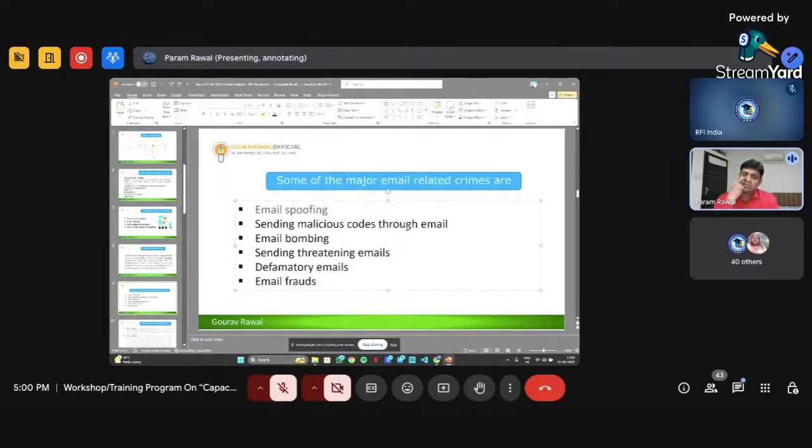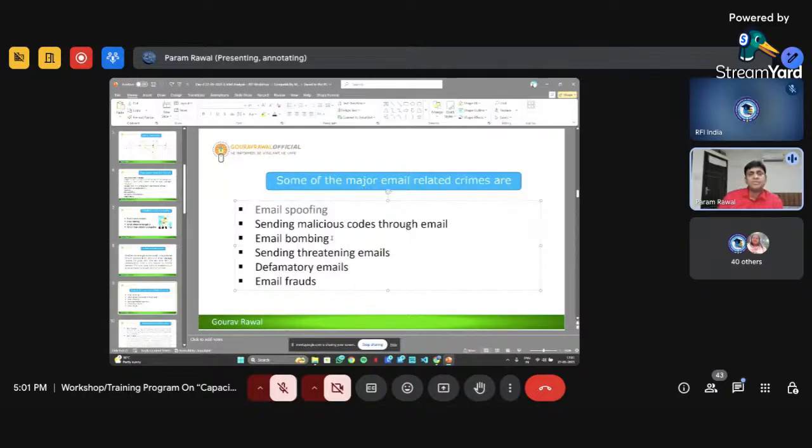There are again tools available to make this phishy email, or we can say phishy link, and if one clicks on that, then they will get all the information available on their handheld device, their mobile phone, laptop or tablet. If they are using some financial transaction, all the financial credentials will also be taken over by the fraudster.